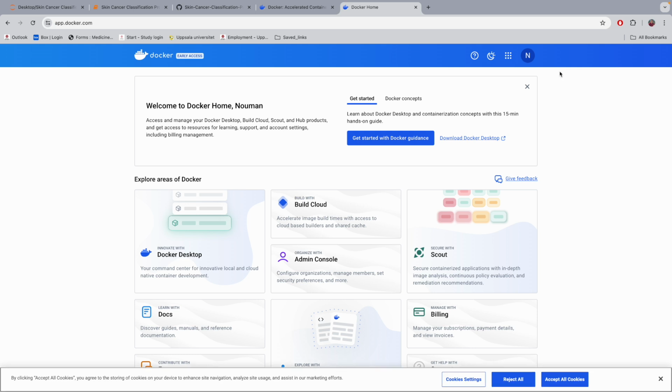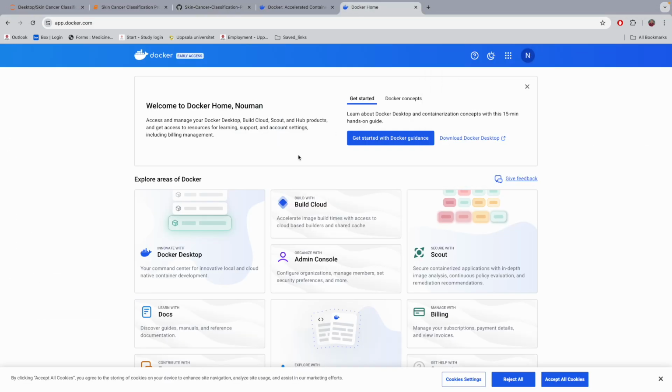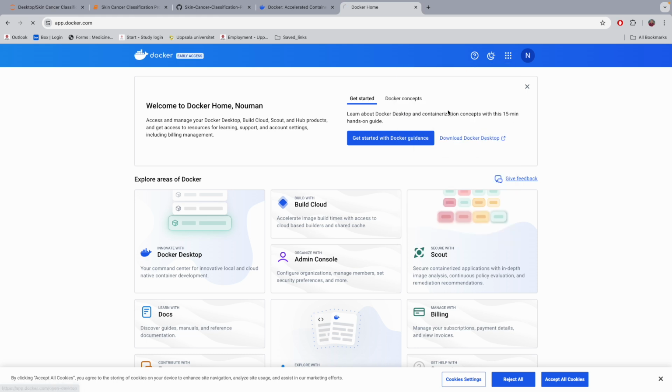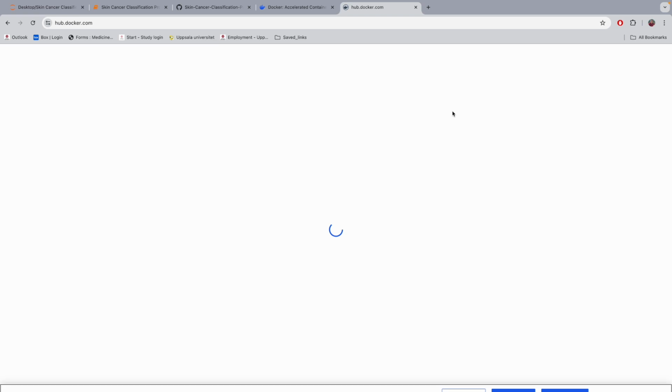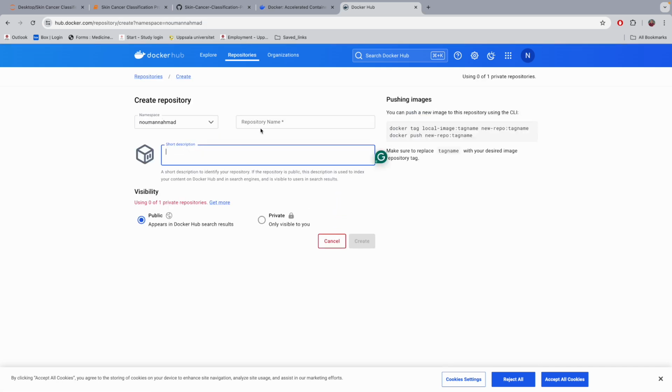As I'm in my Docker Hub account, here you just need to create a repository as we created here. So let's see how you can create it. Here you can see Docker Desktop that we have already, and Docker Hub, we are here now. I already have that Docker demo app, but I'm going to create a new repository